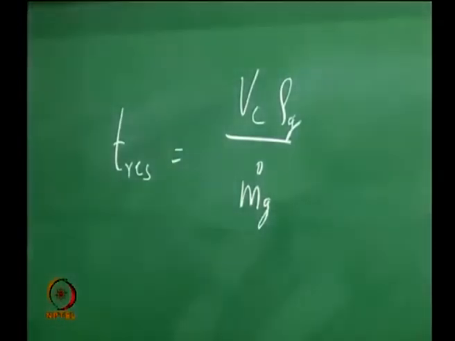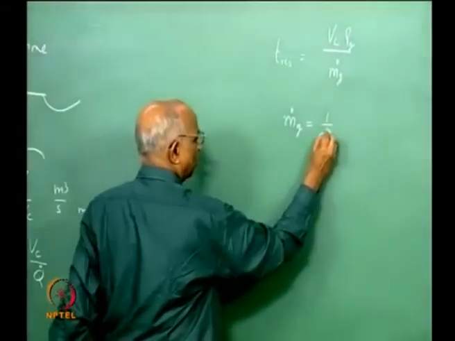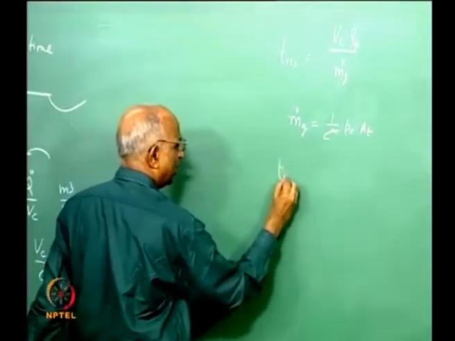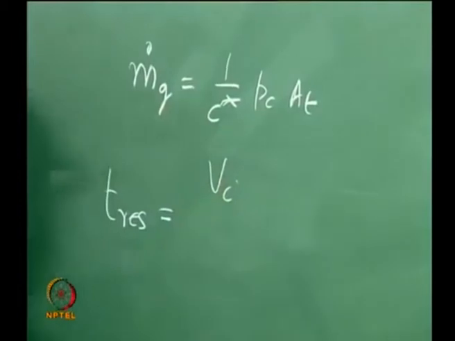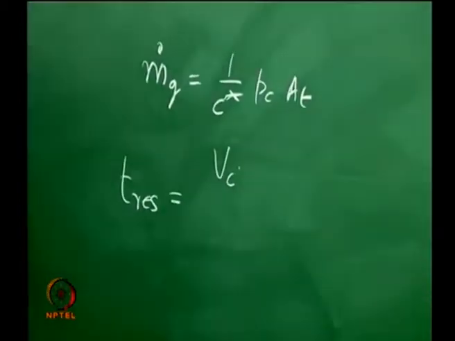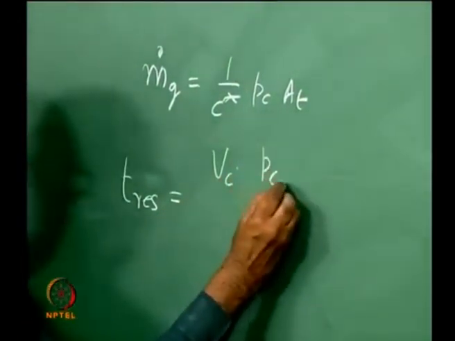Now, can I write an expression for m dot g, what is generated? Whatever is generated goes out through the nozzle, 1 over C star into Pc At. Therefore, I can still write T residence as equal to Vc, what is rho g? PV is equal to MRT, M by V is density, therefore rho is equal to Pc by R Tc